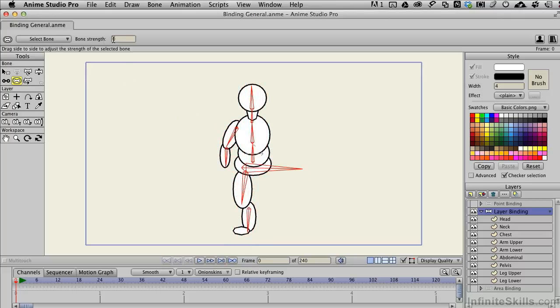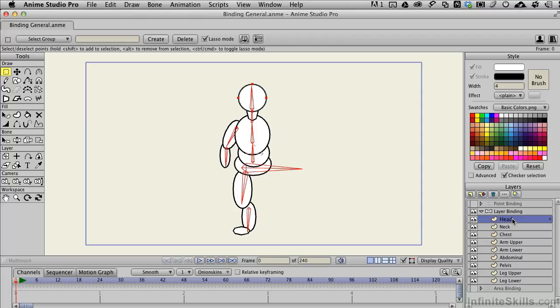We see that we've got bone strength set to 0. And here's how layer binding works. Notice our bone tools over here in the upper left. We're going to see a tool now that we haven't seen before when I click on the vector layer underneath that. Here's head. The points for the head light up, and when we come over to the bone tools on